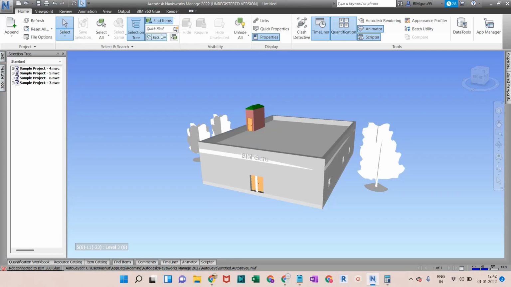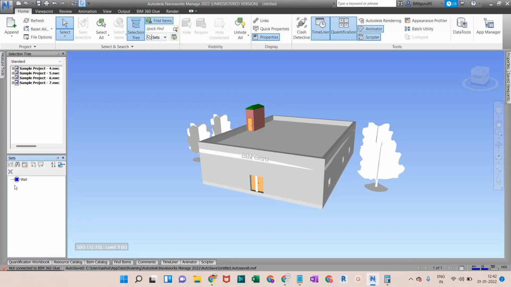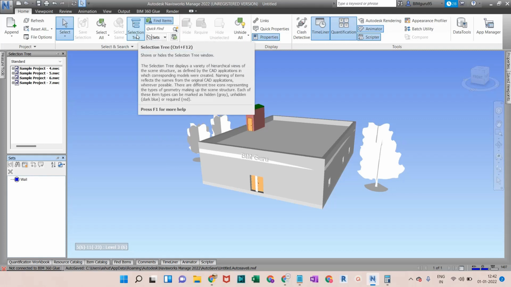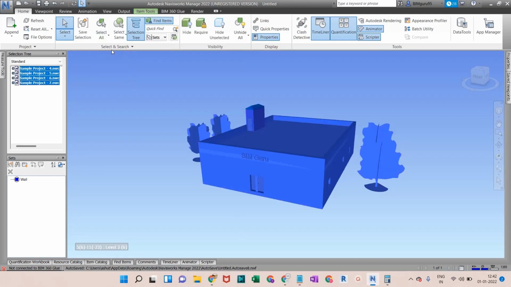Okay, if I click on Sets, you can see this rectangular blue icon, remember it. How can we create the search set? We discussed the selection tree in the previous video, so we are not considering it as of now. If I go with this option as well, there are three options. If I click on Select All, it will select all the elements in the project.